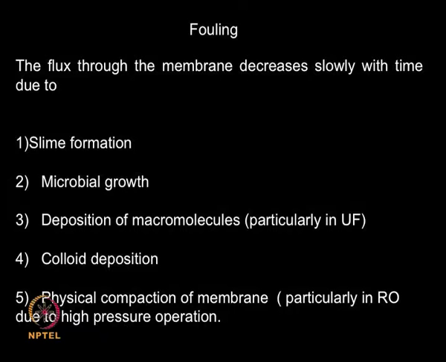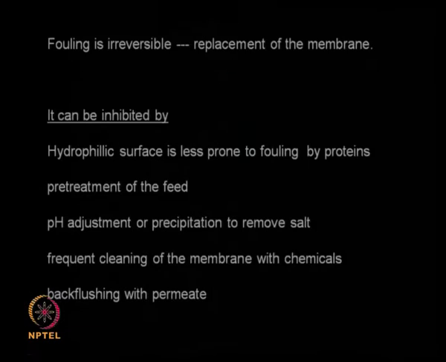So the flux gets affected over a period of time because of slime formation, because of microbial growth, that means you can have bacteria, algae, fungal, all those things, deposition of macromolecules especially in ultrafiltration membranes, because ultrafiltration may be having a lot of proteins and other material, colloidal deposition, lot of colloids, salts, physical compaction of membrane, because you are applying such high pressure especially in RO that the whole membrane gets collapsed and compressed, that is called the physical compaction. So all these factors affect your